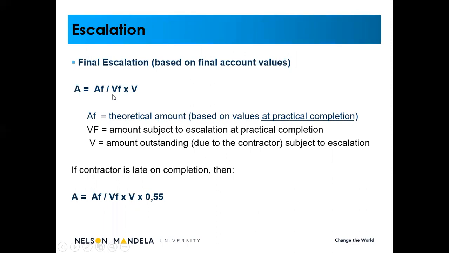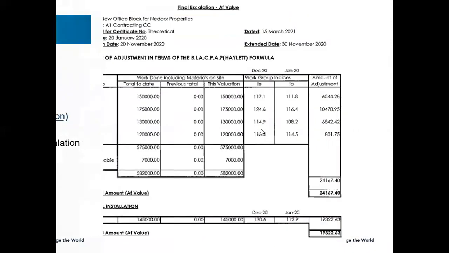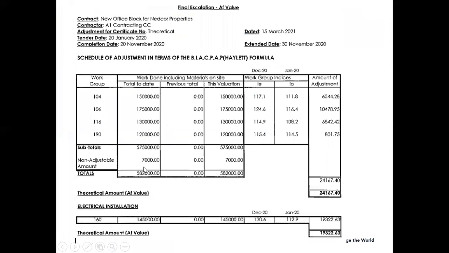We don't have to calculate VF. Look at the definition for VF. It's the amount subject to escalation at practical completion. So if we look at the practical completion certificate values, the amount that was subject to escalation is your 575, because we applied the indices only on that amount, not on the non-adjustables. So the VF is the value of 575,000 Rand. So I've got the AF